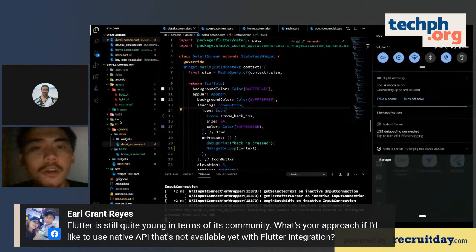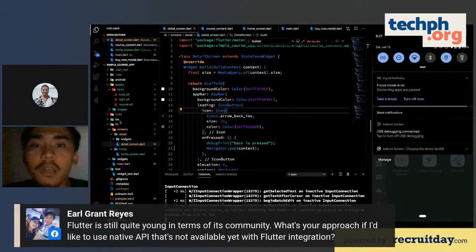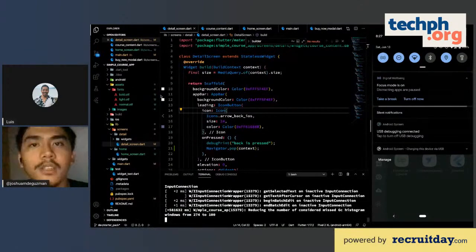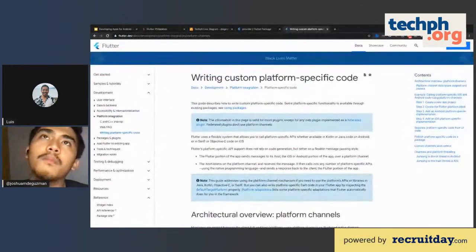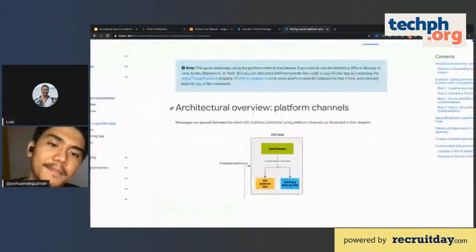Under the hood, plugins are created using platform channels. Instead of developers talking to the native APIs ourselves, the plugins help us automatically use the APIs, written in Dart, but under the hood they talk with the Android or iOS APIs using platform channels. So I suggest reading more about platform channels.